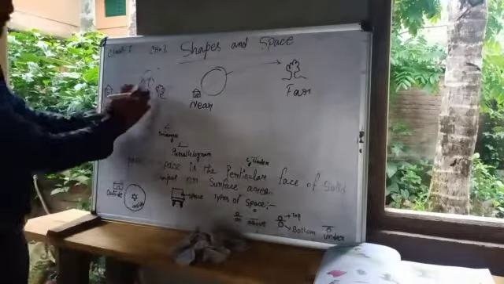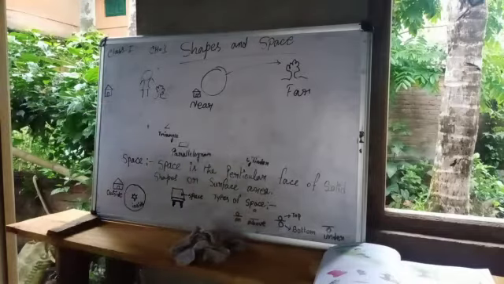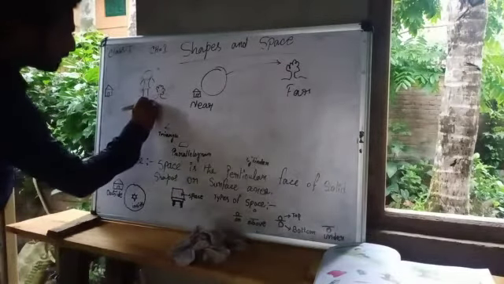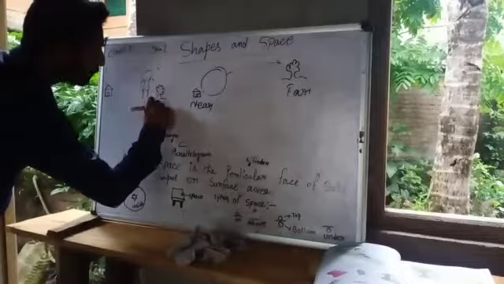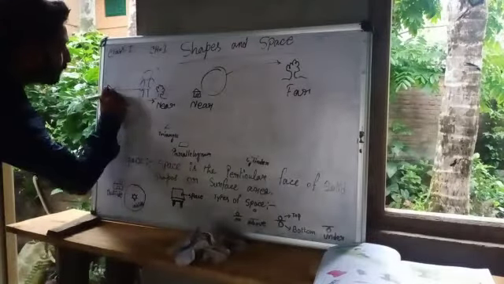Obviously near the house. The boy is standing near the tree. That is a little distance, that's why it is near. There is so much distance or